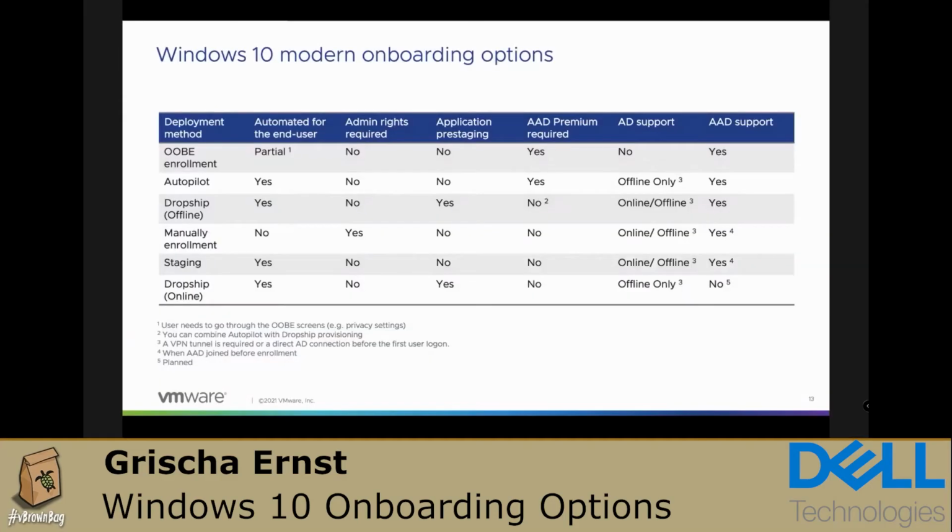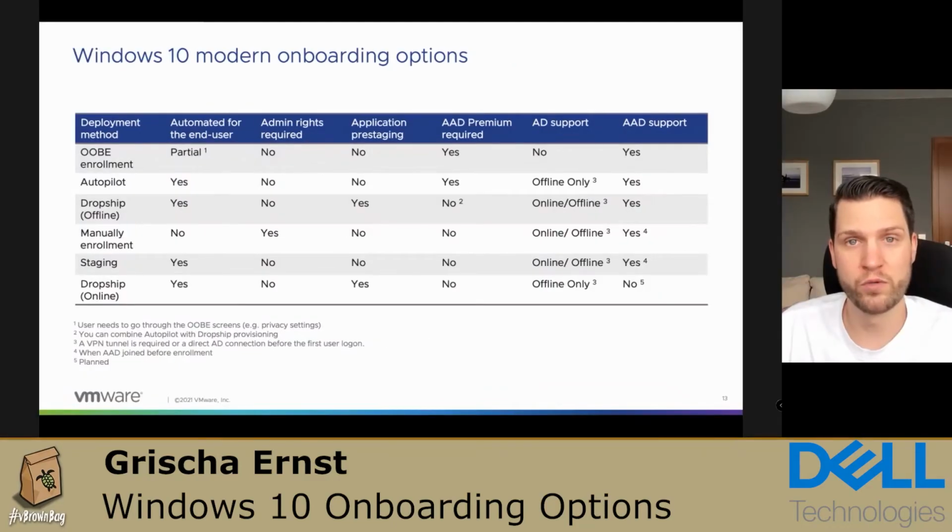So for a better overview, I created a Windows 10 modern onboarding options matrix. So where we can see the difference between the onboarding options. So when we start with the classic one, so the OOBE enrollment, where we don't have any automation, so the end user